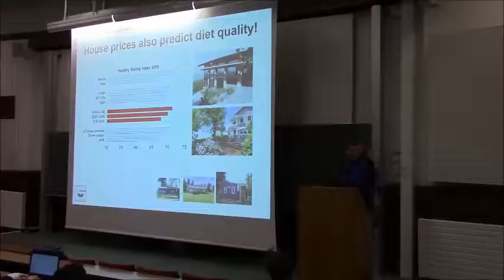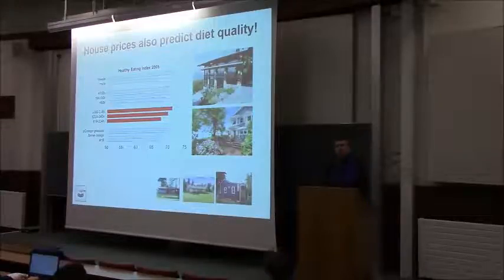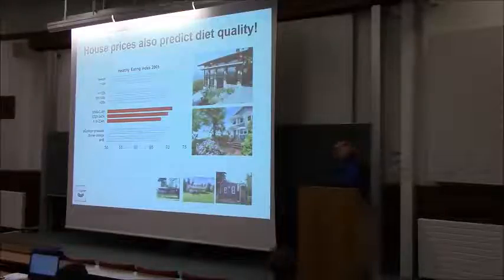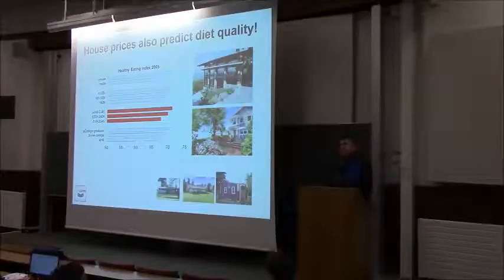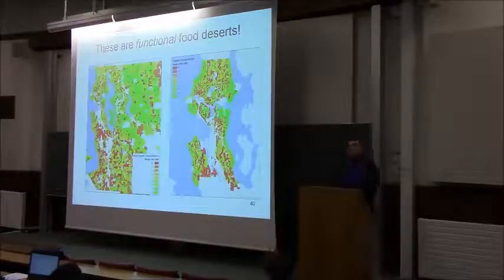Then what we found was that house prices also predicted diet quality, which is interesting because that opens the door to spatial nutritional epidemiology. There are many measures of diet quality, Healthy Eating Index 2005, Healthy Eating Index 2010, Alternative Healthy Eating Index, and so on, and there are plenty of studies in the literature on those, but none of them have ever been geocoded, which means we know what people eat and we also know where they live. So using the same exact technique, we're now able to map diet quality for Seattle King County at the census